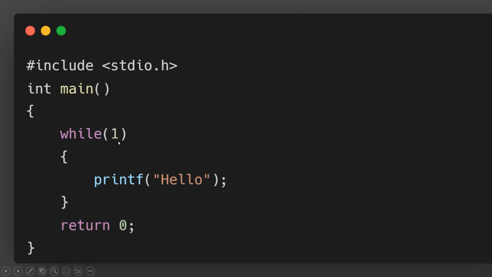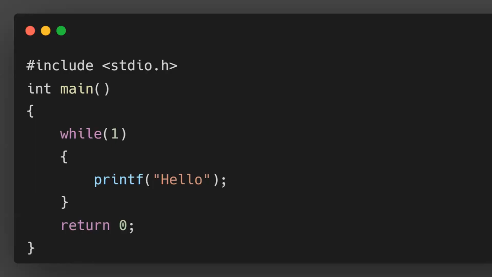So here, what I have given in place of the condition is 1. Now, according to C programming, please remember any number, whether it is a positive number, a negative number, a whole number or a floating point number, as long as the number is not 0, it is always considered as true.